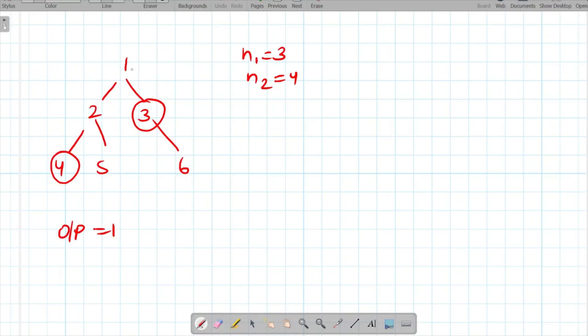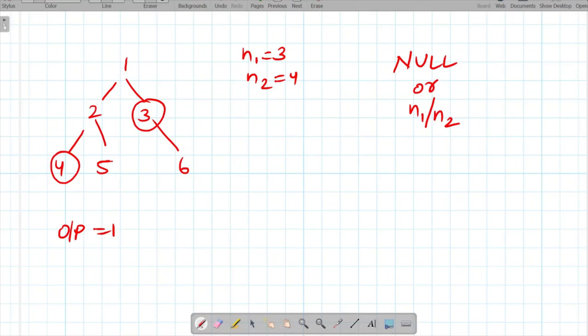So let's try to traverse this tree. So for 1 it will check what it is getting from its left tree. So if it goes towards its left tree, that is 2, it will check for 2 what it is getting. So 2 is getting n1 from one side, and we will not take 5 because we only have to check whether a value can be a null or it can be n1 or n2, right? So just keep in mind this thing, that any node can get either a null value or it can get either an n value, we can say, right?